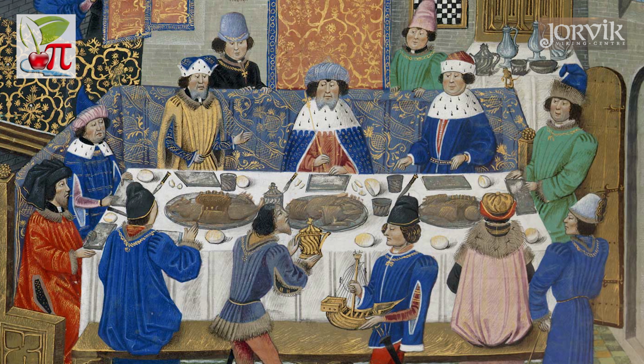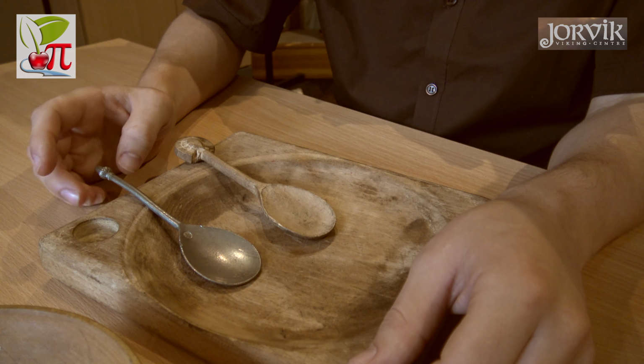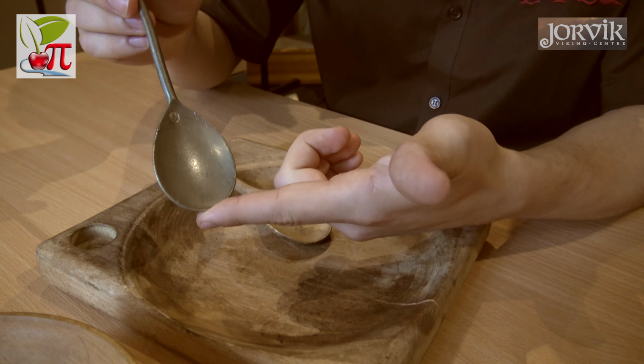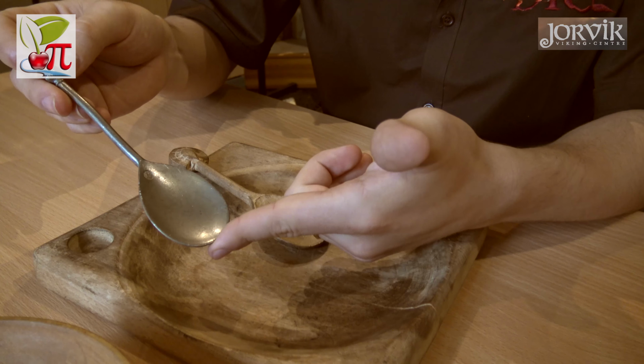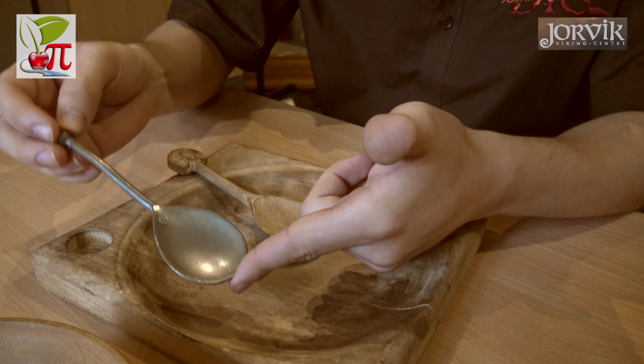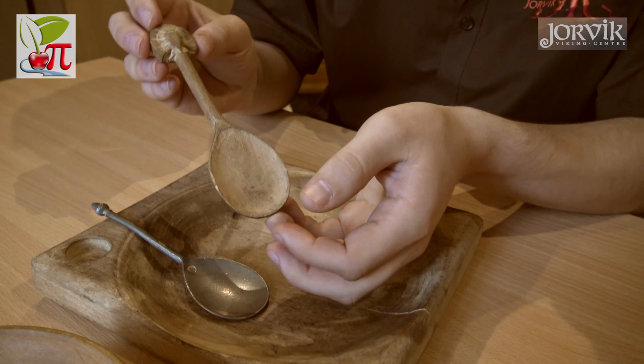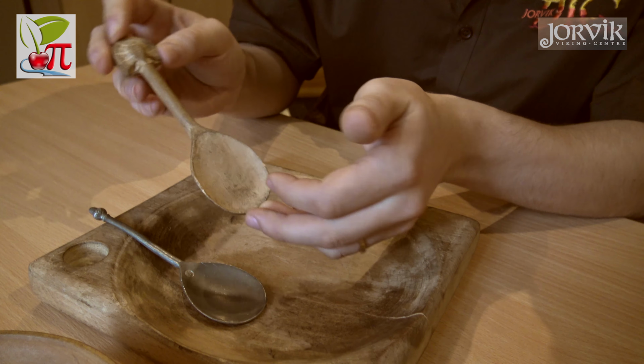Where you were sat on a table in the Tudor period told people something about your social status. So at the head table you would have the head of the house, and at the bottom of the tables you would have the lower status people. Also the types of implements you were using to eat would be important too. So wealthier, more important people at the table would be eating out of pewter objects, so they would be using pewter spoons and pewter trenchers, plates, whereas the poorer guests, the low status guests, might be using wooden spoons and wooden